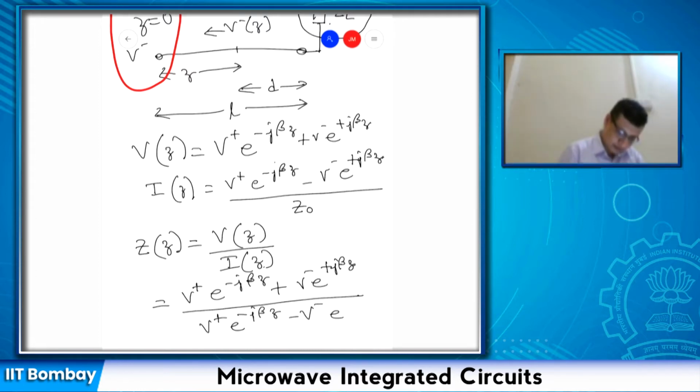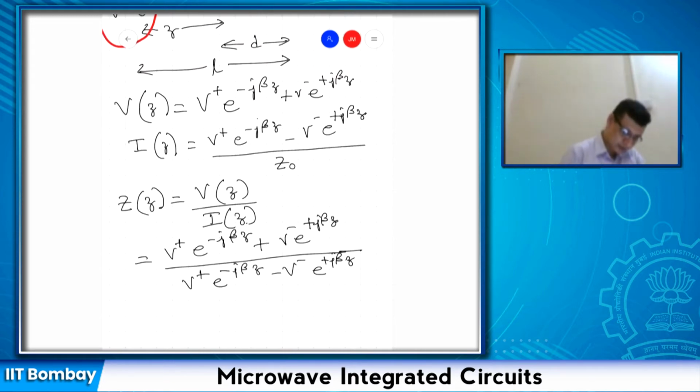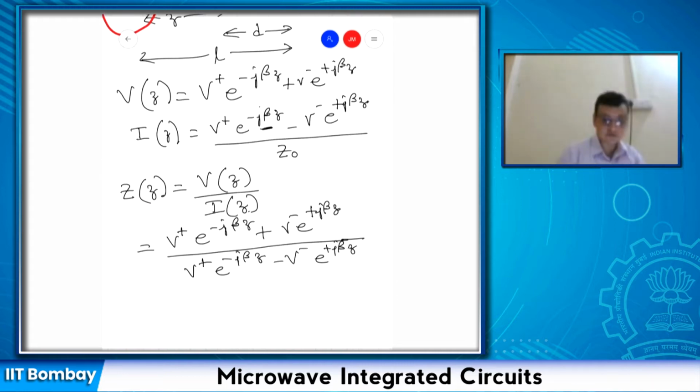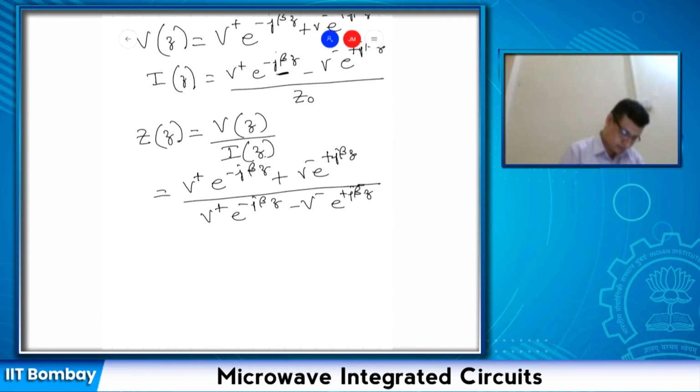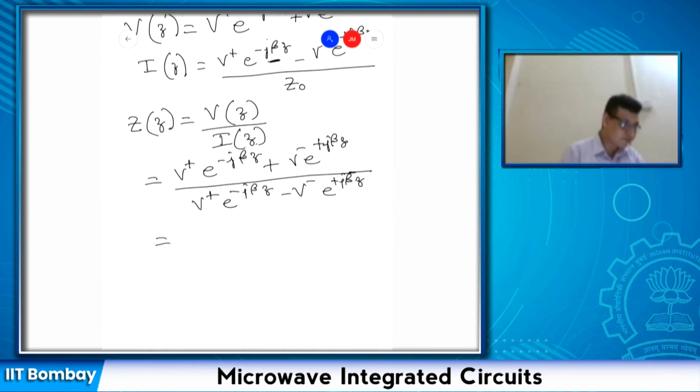Again, the assumption here is that this transmission line is lossless. Because it is lossless, we can write this exponent in terms of j beta z. Had this been lossy, then instead of j beta z, it would have to be gamma z. Okay, so then if I simplify this,